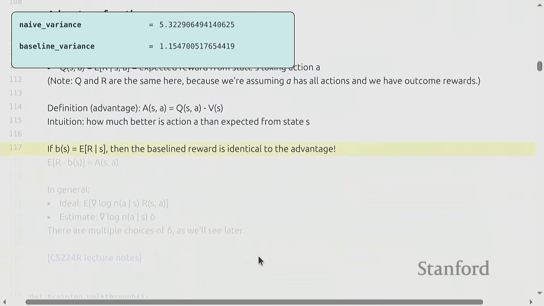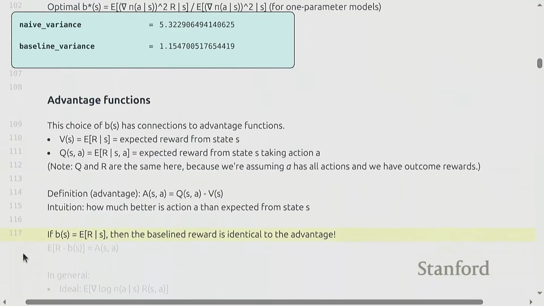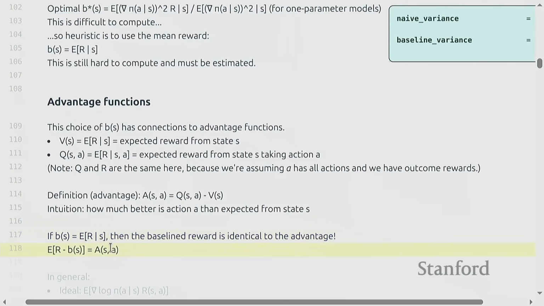Okay, so if you look at B equals this sort of heuristic form that we talked about earlier, then the baseline reward, where you just subtract off B of S, is identical to the advantage. So if you have this choice of baseline, it is identical to optimizing the advantage. All right, so that's just to give you some intuition behind what this